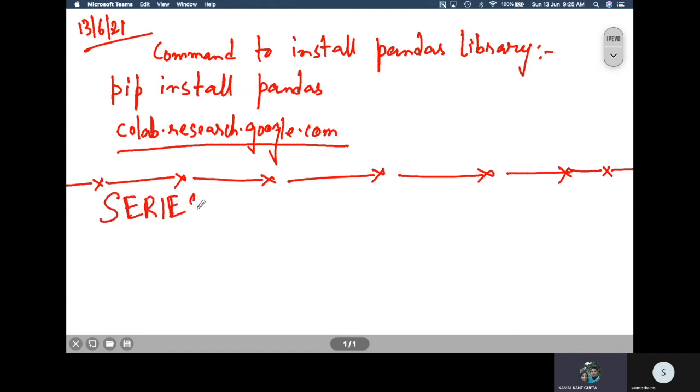A pandas Series, we will call it a panda object because it is part of the pandas object.